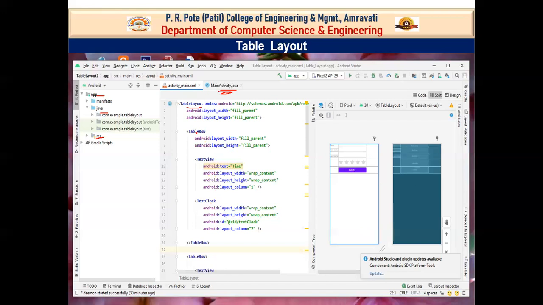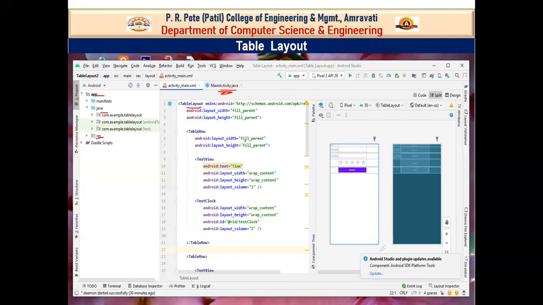For that, first we have to create a table row. Here I have created a table row by using the TableRow syntax. So the first row is created. Now what is meant by fill_parent? In the previous lecture, I told you that fill_parent tells your view to become as big as its parent, so it adjusts its size according to its parent.